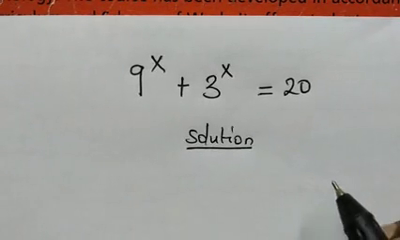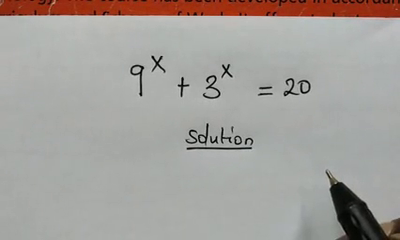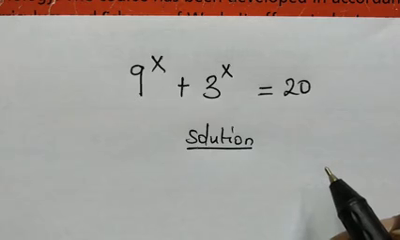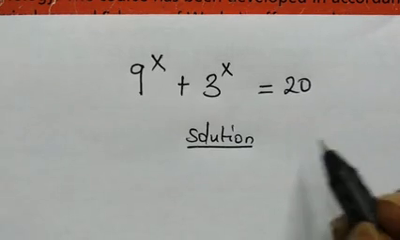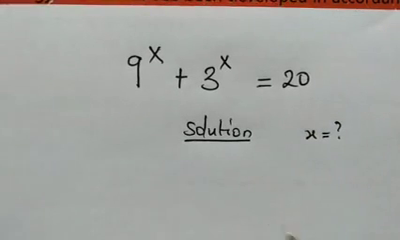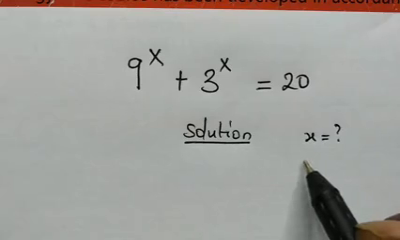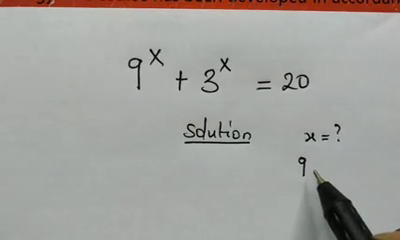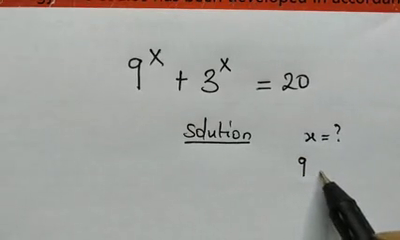Today we got an interesting problem to solve. We have 9 to the power of x plus 3 to the power of x is equal to 20, and in this video we're going to solve for the values of x. So let's get started. From the left hand side, we know that 9 as the base, right, can be expressed